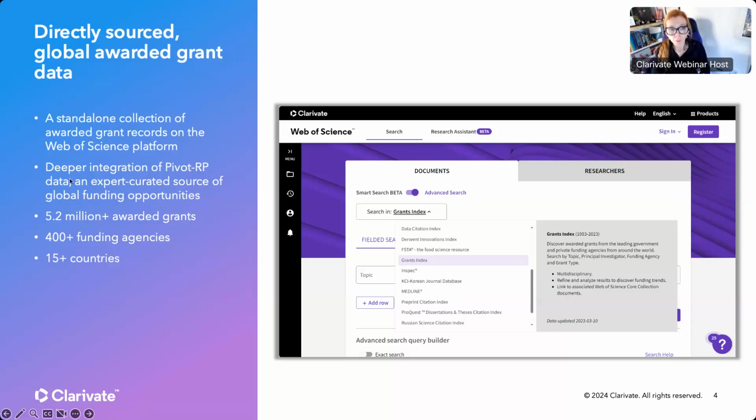And so where's the data coming from? I know this is always the number one question. So the data is coming from over 400 funding agencies. We were able to add this because, as you know, Pivot-RP, which is a funding database that we inherited, joined the Clarivate family thanks to Ex Libris and ProQuest joining the Clarivate family 2 years ago. So the addition of Pivot-RP to the Clarivate portfolio has helped us grab the data for the awarded grants,